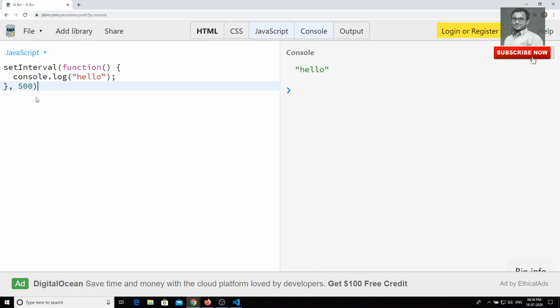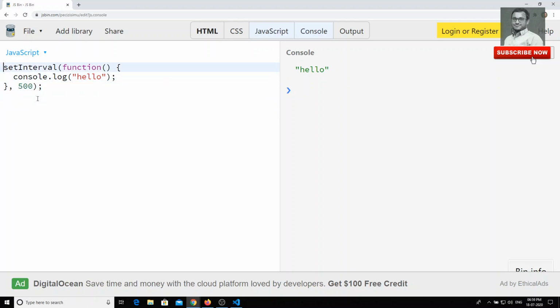setTimeout will run, the function will be executed after the milliseconds mentioned. Only once it will execute, and that also after that time. And setInterval will run multiple times, for every interval we have given. And also one thing, if we need to stop the setInterval after some time or something like that,